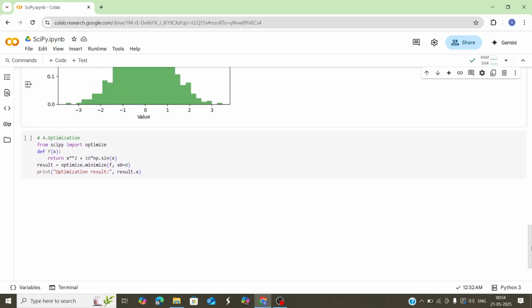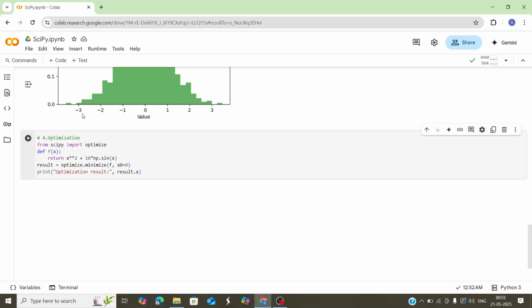Now the last use case which I also want to include in this video is optimization. What is optimization? Optimization basically means you can either minimize or maximize an objective function present in your data. So you're working on data analysis, and definitely you come across different use cases, like giving you the most optimized route. For example, you're working on a traveling salesman problem. There you want to find the shortest path, so you want to minimize the path. So there you are performing some minimization.